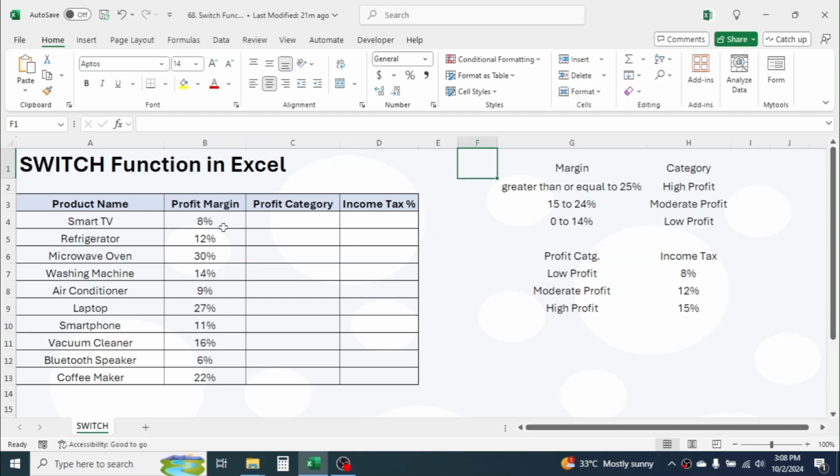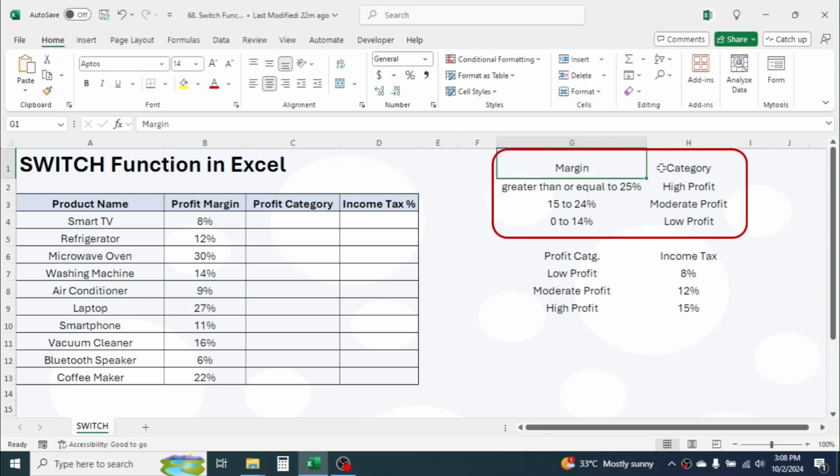First, let's understand this example. Here, I have different product names and their profit margin. The requirement here is to display the profit category for these margins based on the condition given here. If the margin is greater than or equal to 25%, it is high profit. If margin is 15 to 24%, it is moderate profit, and if margin is 0 to 14%, it is low